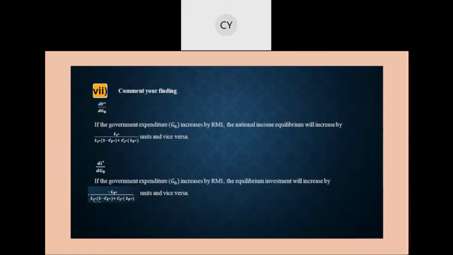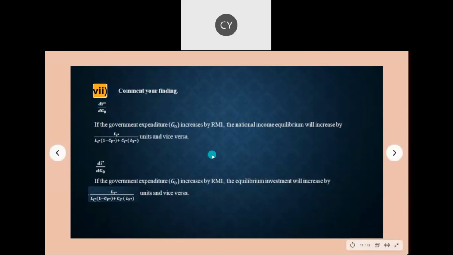Now I'm going to present the last question of problem 2. As the question asks, we need to comment on the findings from the effects of the changes in G now on the endogenous variables Y star and I star, which were already presented by Anis, and we got both of them as positive relationships. Here, we put the differential G now below the differential Y star and I star because G now affects the endogenous variables. So we need to know how the changes of G now bring effects on Y star and I star. G now will change first before the endogenous variables change, so we put G now as our denominator.